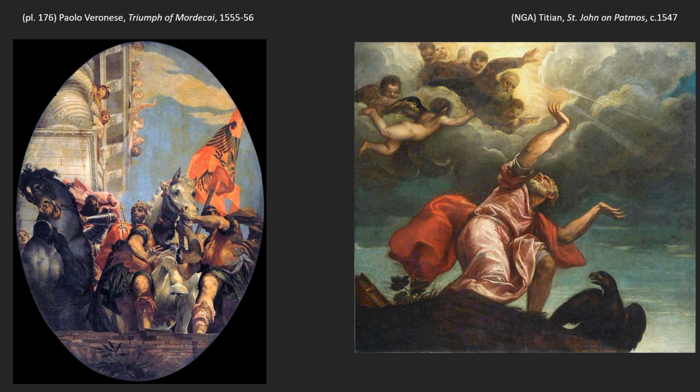And as we trace our way through Veronese's career, what we find is numerous times he's looking back at Titian. Sometimes they're fairly overt, sometimes they're subtle. This is a much more subtle one. How do you handle a ceiling picture?